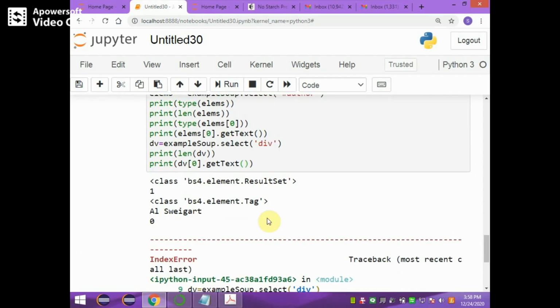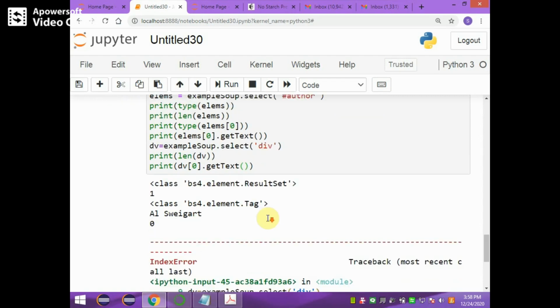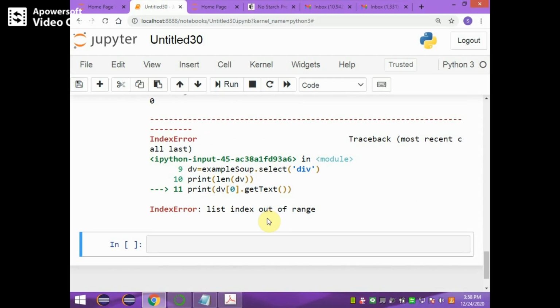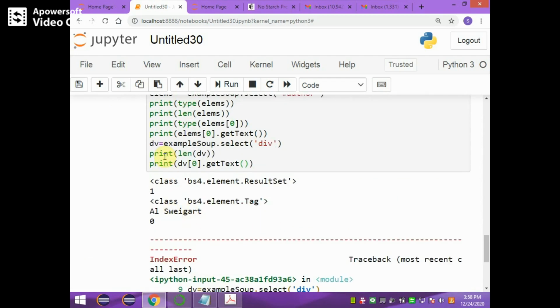Length of div is giving 0, and div of 0 dot get text is giving list index out of range. That indicates there is no such element. When length is 0, there is no such element, therefore it's giving an error. It indicates there is no div tag.